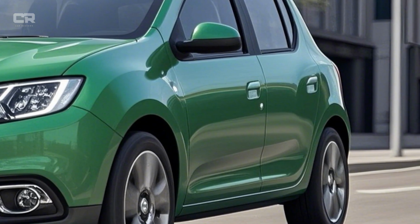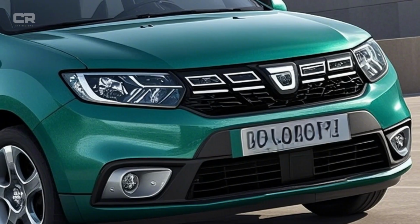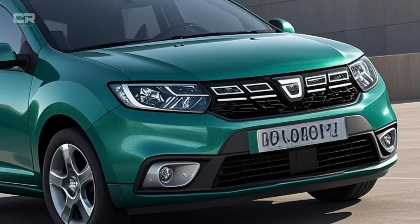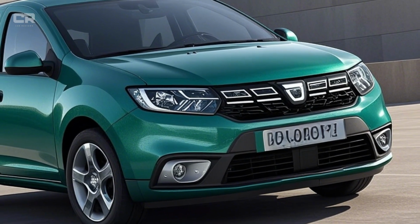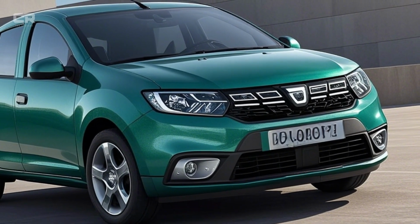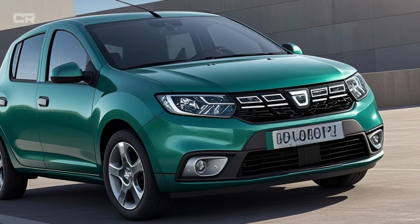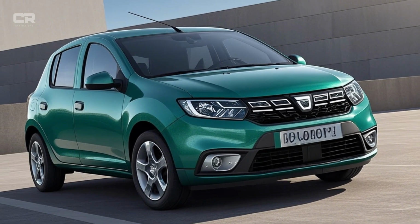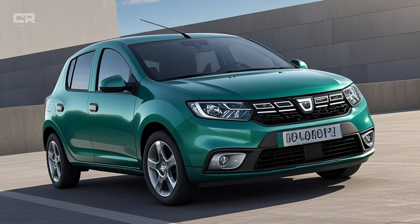which is sure to appeal to Dacia's target demographic. When it comes to what's behind the hood, Dacia has always been committed to providing dependable, efficient engines that get the job done without breaking the bank. The 2025 Sandero upholds this history, but with some notable modifications and additional options to appeal to a broader spectrum